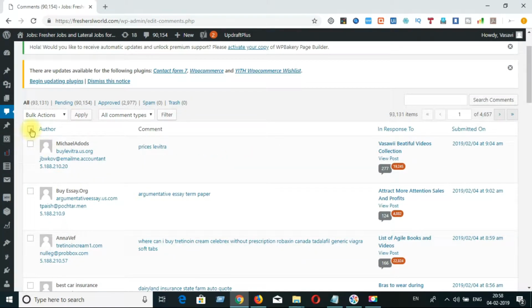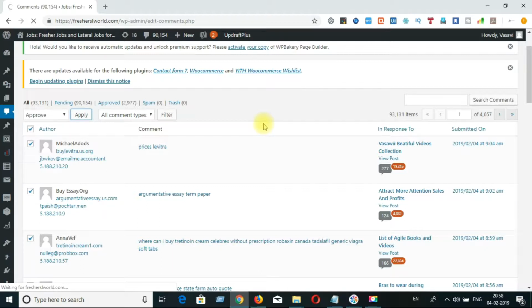Usually what you will do is select all the comments and use the bulk actions feature to approve them, mark them as spam, or move them to trash. Just click on approve and apply. Then they will get approved.